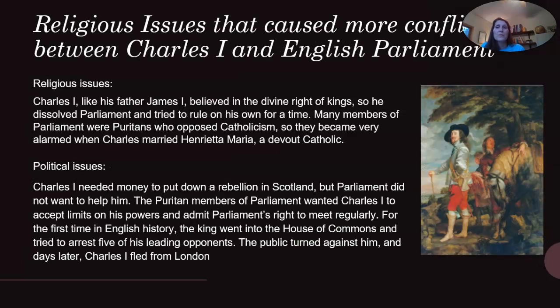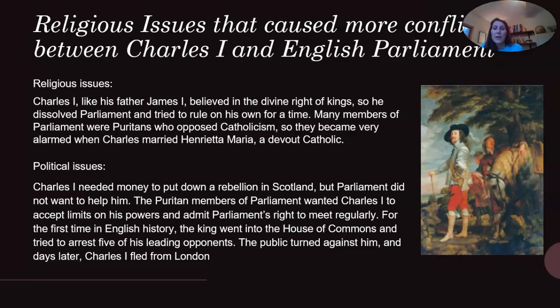Religious issues that caused more conflict between Charles I and English Parliament. Charles I, like his father, James I, believed in the divine right of kings. So he dissolved Parliament and tried to rule on his own for a time. Many members of Parliament were Puritans who opposed Catholicism, so they became very alarmed when Charles married Henrietta Maria, a